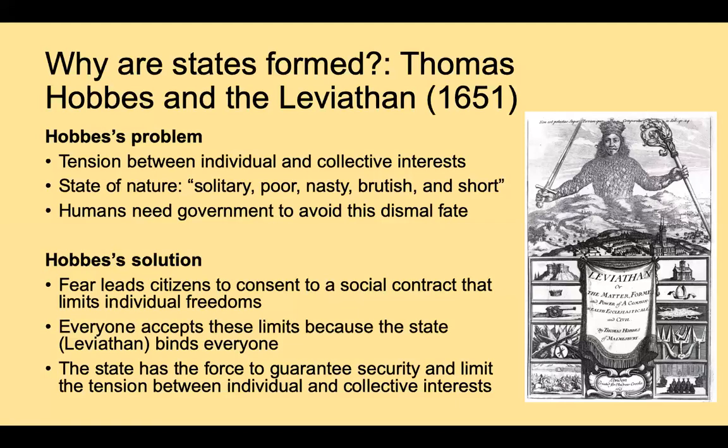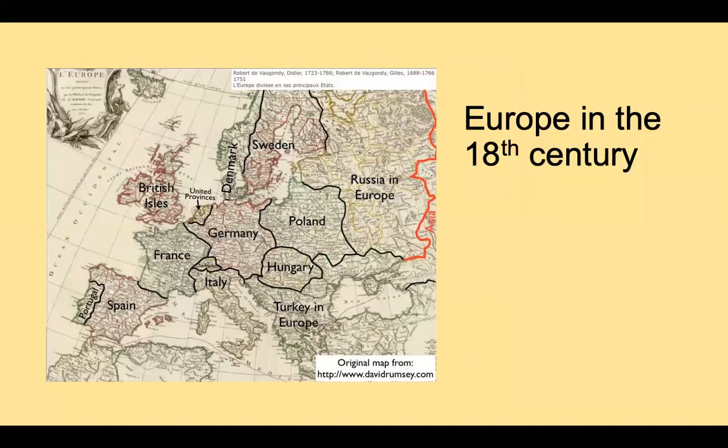And so the earliest theory of the state and state formation was the theory of Thomas Hobbes, who said that the state is a product of the social contract forged between individuals in society to mitigate the tensions between individual and collective interests and to establish order and to impose order on a nasty and brutish state of nature. So this is an interesting and important idea because it set the tone for much of the rest of the